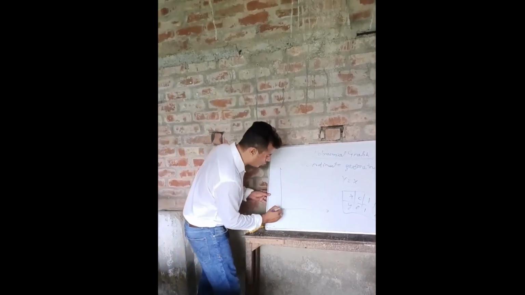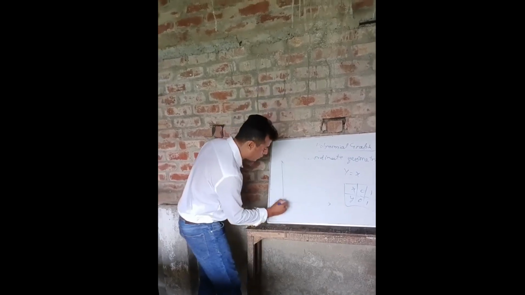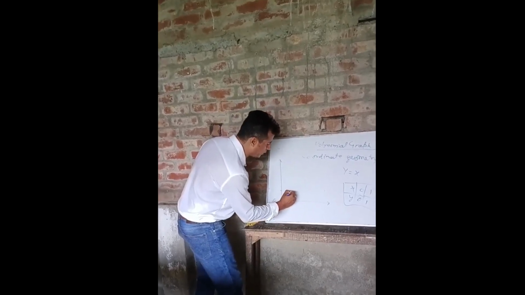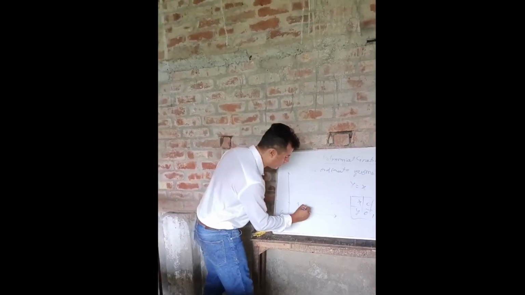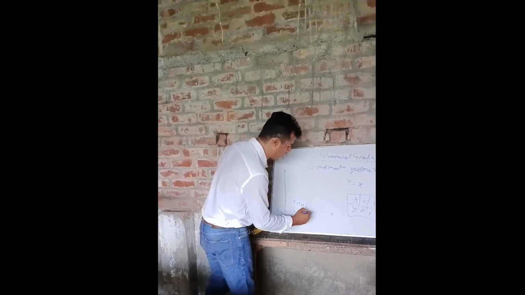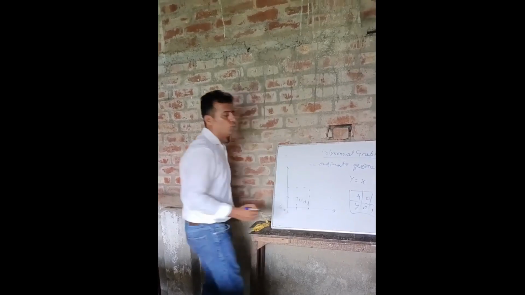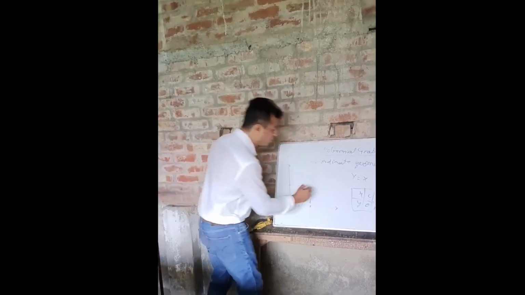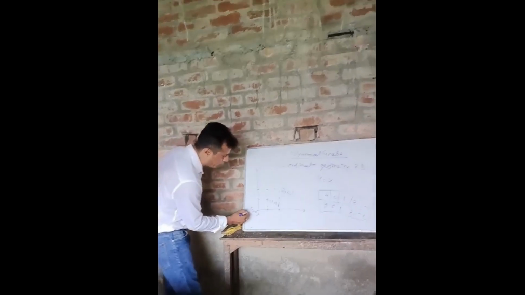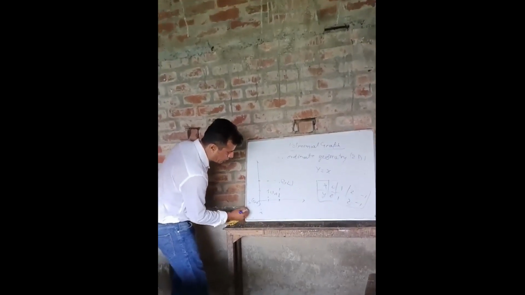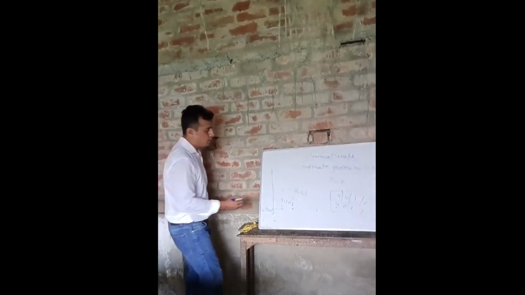If you plot 0, 0, we get the origin. If you plot 1, 1, we draw perpendiculars to 1 and get this point. Next we put 2: for x equals 2, y equals 2, so we get the point 2, 2. Similarly, for minus 1 we also get minus 1, so the next point will be this. If we join all these points,